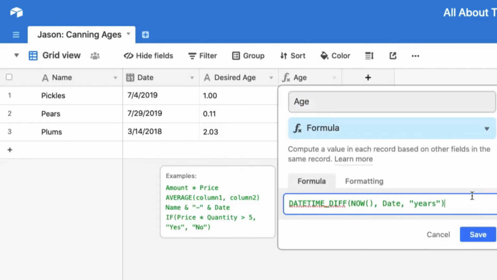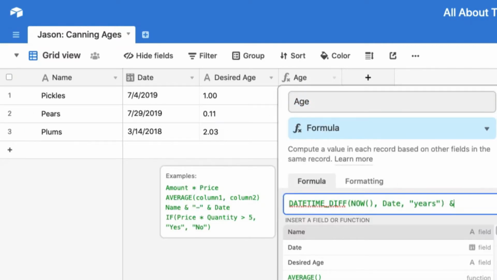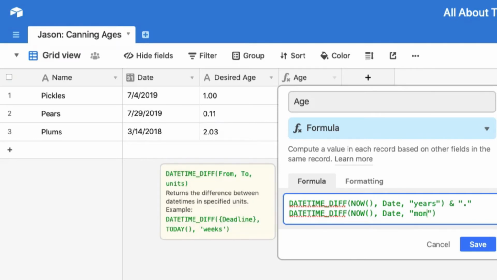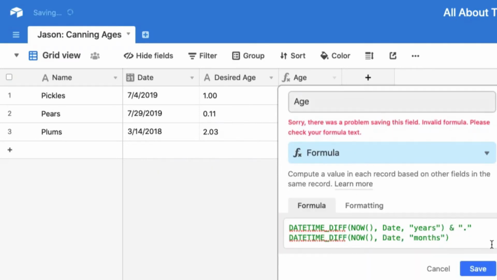So now we have that. We're going to add in, using the ampersand operator, a period, and then now we'll do how many months is this on the end. If we only do the raw months, so let's just say there is a month's difference you can do. So let's just grab this piece here, highlight it, copy it. If I paste that in, but change this to months, this is what we'll get.